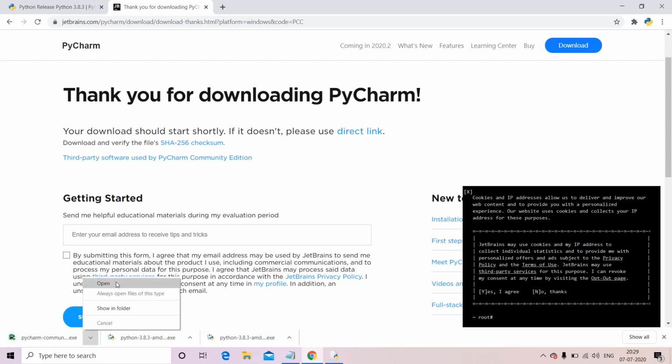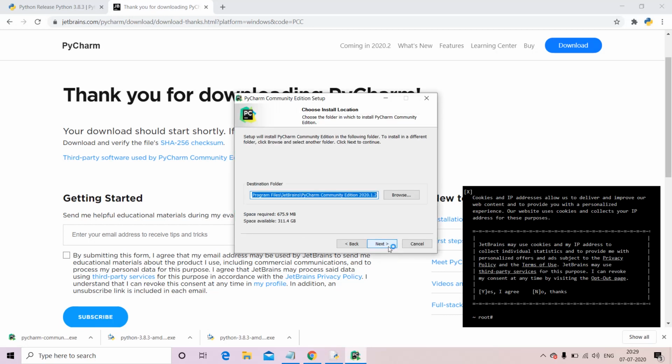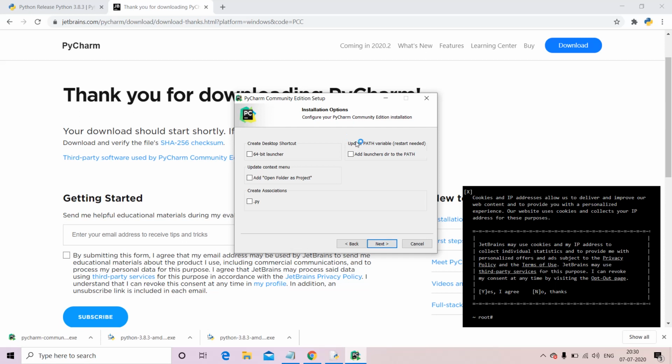Now let us open it. I think my system is very slow. It's taking some time. Yes. Click next here. And I'm keeping the default settings. I'm not changing anything, and if you want to change, you can go to the browse option and change. Okay. Create desktop shortcut, 64-bit launcher, as my system is 64-bit. Okay.